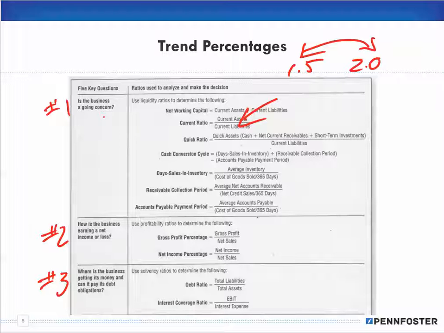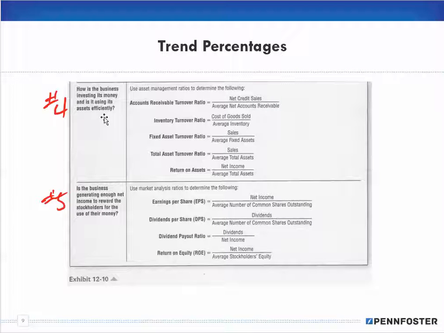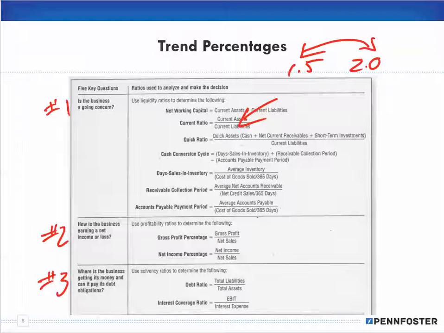All right. This particular slide and the next one, as you can see, is exhibit 12-10 in the textbook. In future editions that exhibit number may change, but this is basically a listing of all of those percentages, all of those ratios that you use, and the questions that they answer, the ratios that pertain to that particular question. So this is one of those quote-unquote cheat sheets that you want to hold on to.